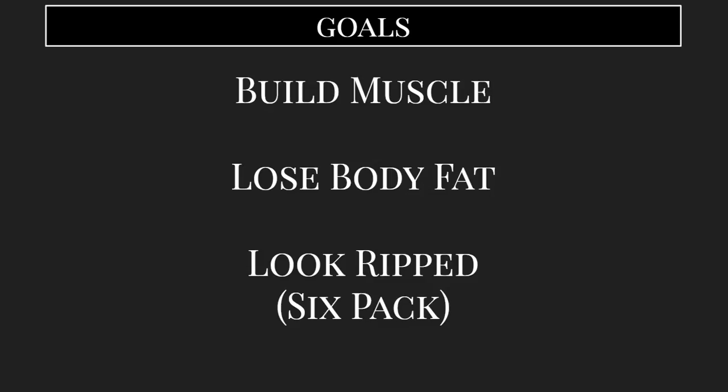All right, so the main goal we're going to have is to get that ripped six-pack abs type of look. And that's done primarily by building muscle so that when you get to a low body fat percentage, you have that toned look. And that's going to get you that six-pack, the toned arms, and the angular face, all the aesthetics that we're trying to go for here.